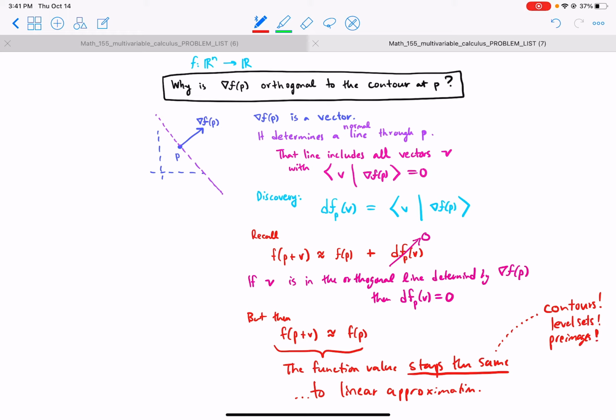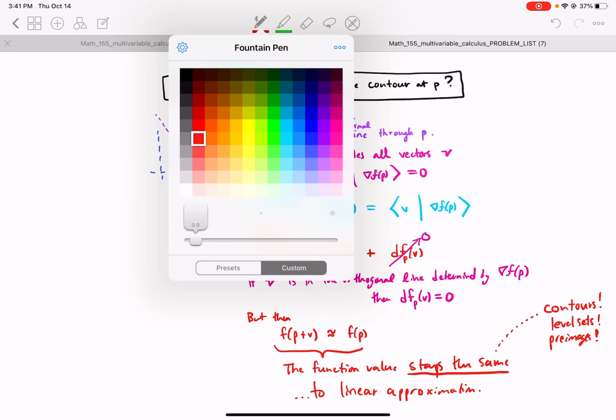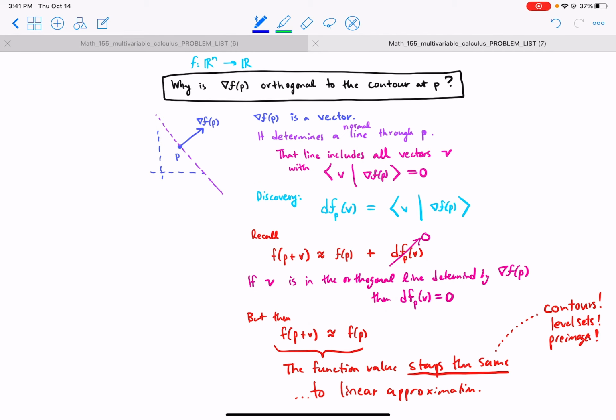And so that is why we see that there is some contour, like f of p is some number, some real number, and we can look at all the points who take the value f of p. And we see now that this contour of all inputs with value f of p,